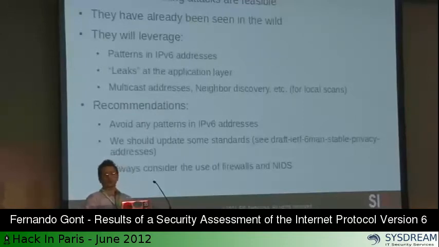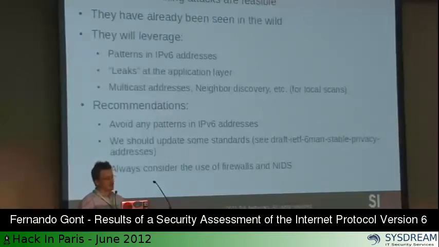What will probably change from the IPv4 case to the IPv6 case is that the scanning attacks will be less brute force. Probably the reason we employed brute-force techniques for IPv4 host scanning attacks is that the address space is so small that even a brute-force scan is good enough. But in the case of IPv6, if you were to try just random addresses, host scanning attacks would be infeasible. So that's why attackers are likely to implement more elaborate techniques. There is lots of work to be done in this area.